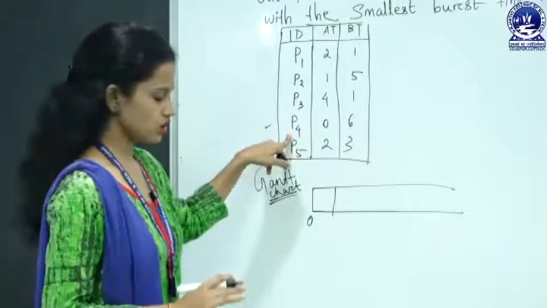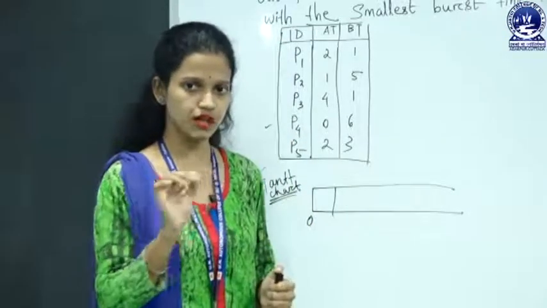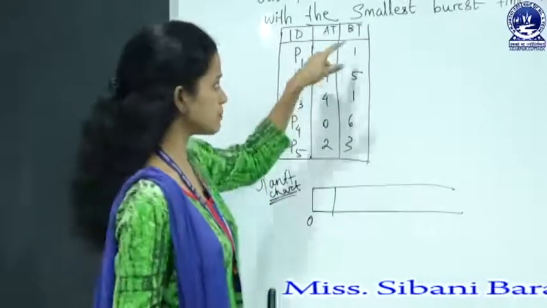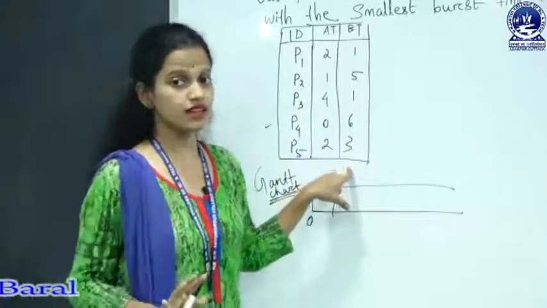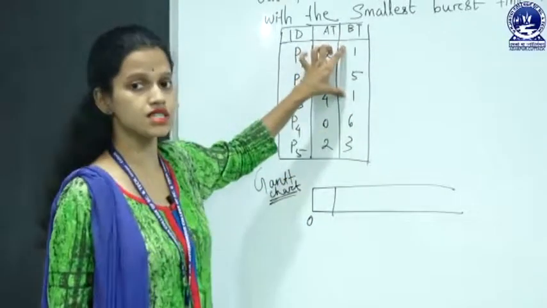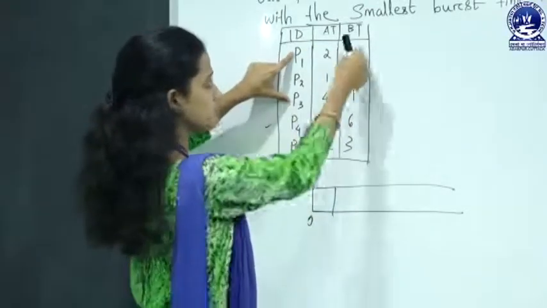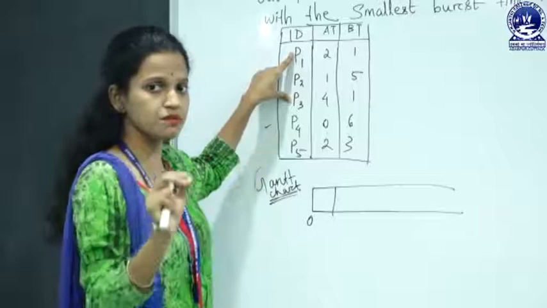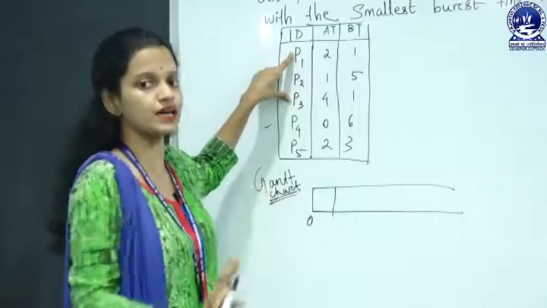So what is the criterion of this SJF scheduling? We have to pick the minimum burst time. Obviously you will look at the minimum burst time of these processes, though it doesn't mean you directly jump to the burst times and check the minimum. The minimum burst time is 1 and 1, so P1 and P3 have the minimum burst time. As I have said, if processes reaching with the same burst time, then we have to apply FCFS scheduling.